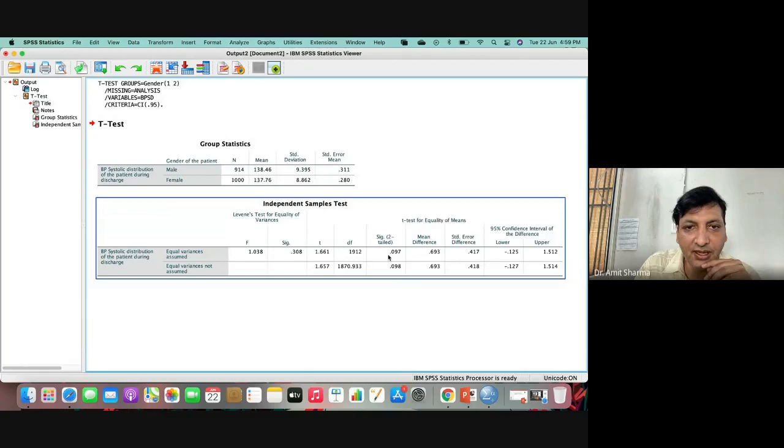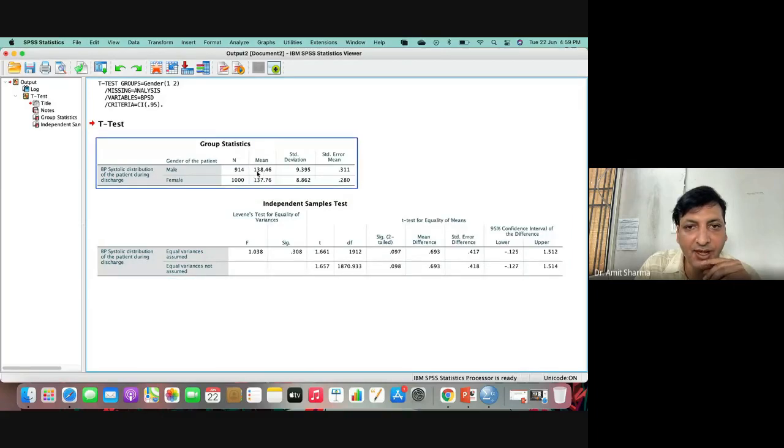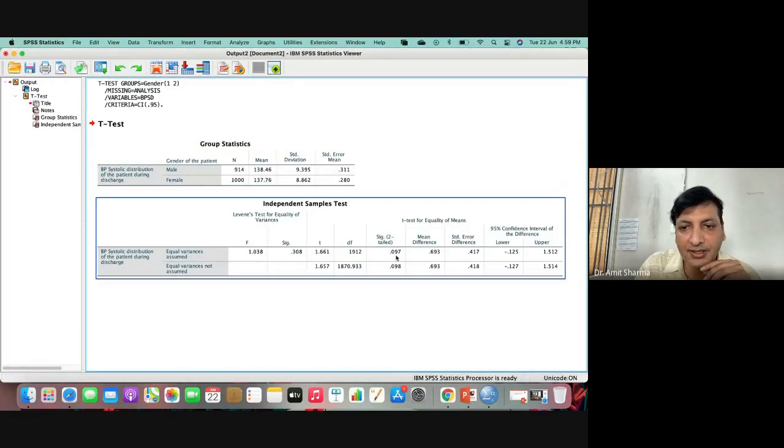Here you can see in one population we have got 138 and in another one we have got 137. So when we have a difference in both the groups, then only we are going to get a significant value less than 0.05. But for Levene's test, the significance value should be more than 0.05. This we have to look for. And how can we quote the result? By using the mean difference. The higher the value of mean difference, the better it is for our results.